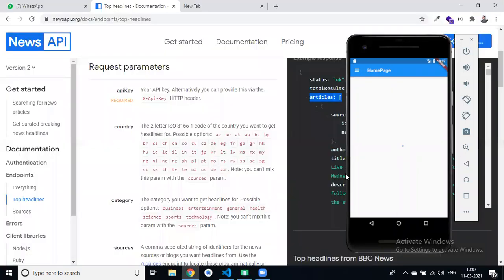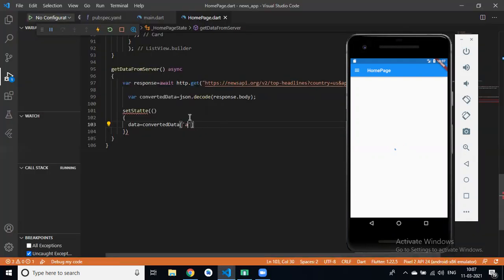Copy from this, articles. Then our isLoading is equal to false. setState, isLoading is false, right? Clear?